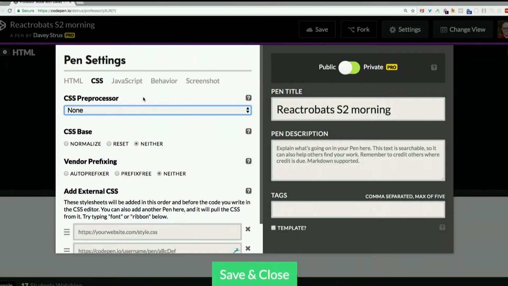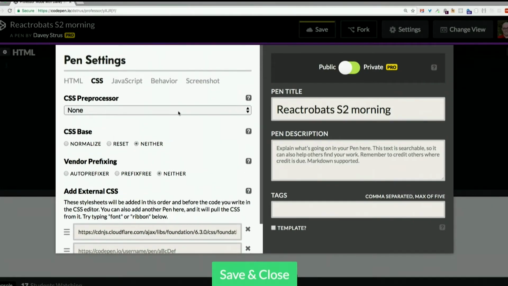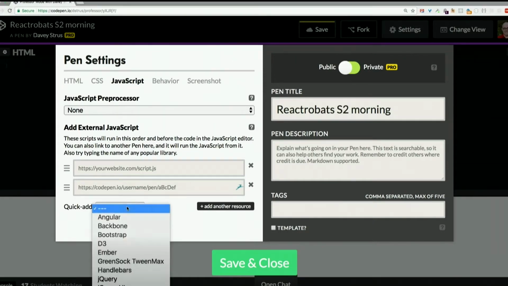We could add foundation to our pen, add external CSS, so you can paste in any hosted style sheet, or you can quick add some of the really common ones like foundation. So I'll do that. Why not? And then under JavaScript, I can do some things like add React, quick add